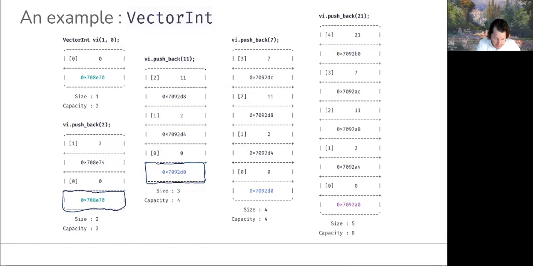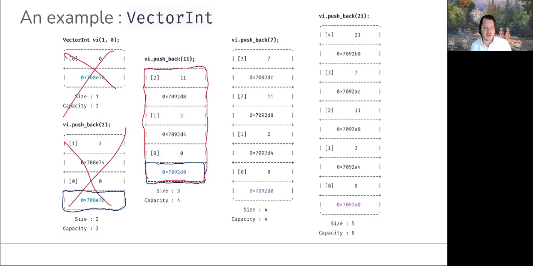By the time we get to here, memory has been deallocated for that old array. Now we're at size 3, capacity 4, because the capacity, as we've defined our resize function, simply doubles. So we have one open slot, and we can go ahead and push back the integer value of 7. So at this point, notice that the addresses here are the same because we have not had to perform any sort of resize operation, right? Okay, but at this point, capacity and size are equal. So if we do an additional pushback, we're going to need to go out there and get a new array with twice the capacity, copy the things over, deallocate the previous array, and update that array pointer. And when we do